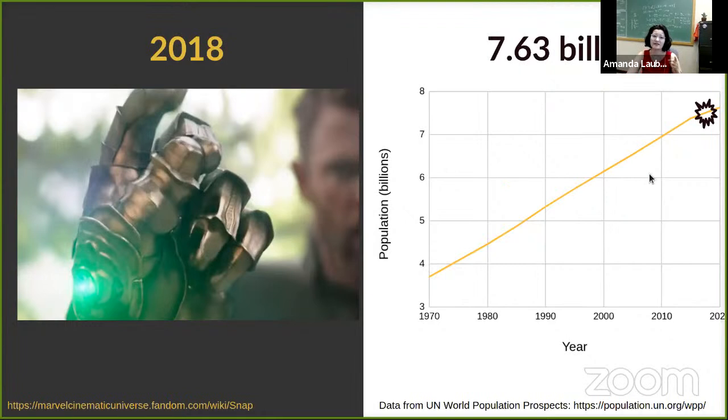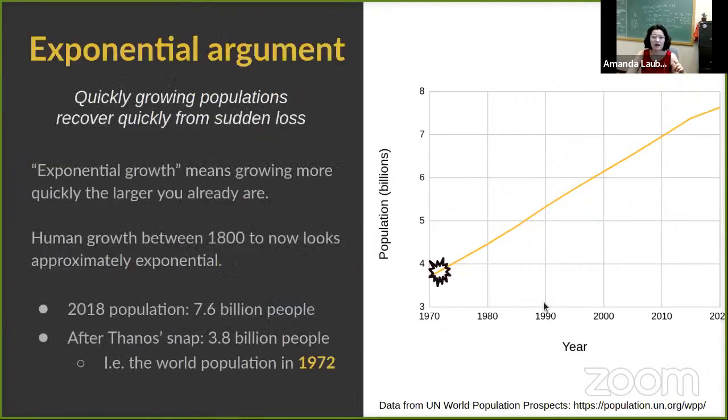And so after Thanos snapped his fingers, if you've been keeping track with the numbers all along, he would want to take it down to 3.8 billion. That's getting rid of half of 7.6 billion people. But all that does is turn back the clock to about the year 1972. So after Thanos snaps his fingers and destroys half the world's population, he's set us back to the year 1972, which is